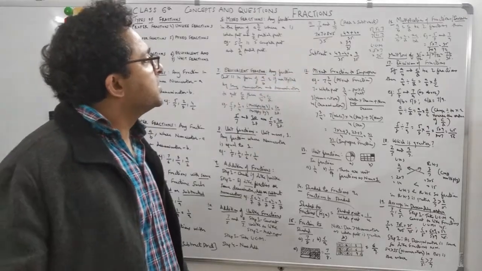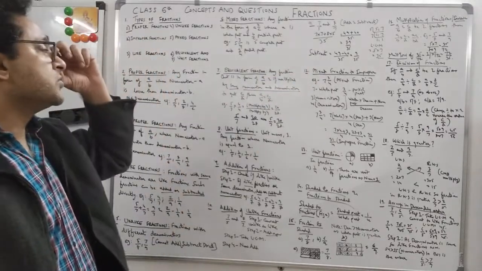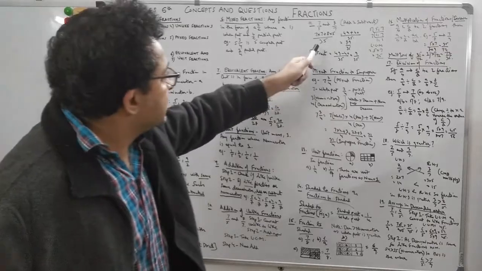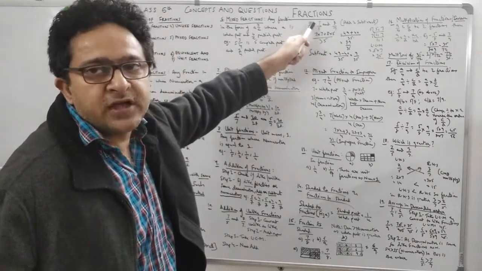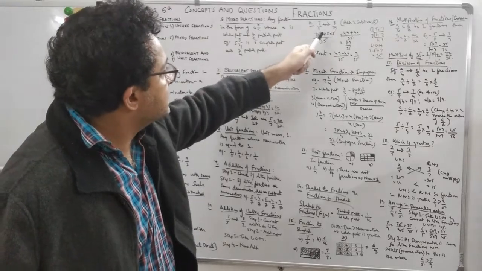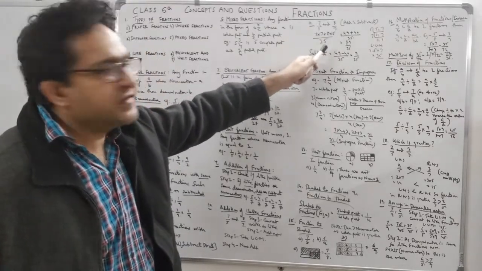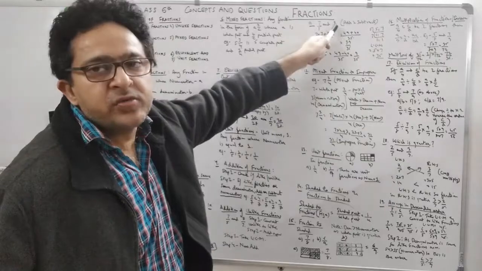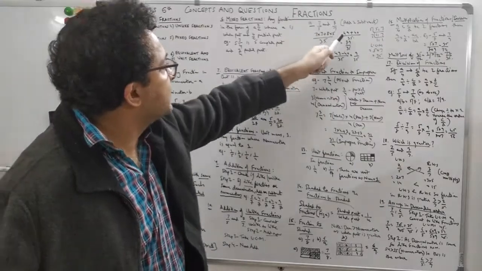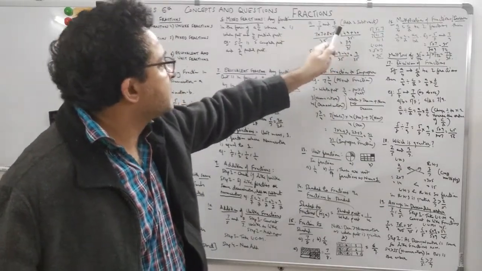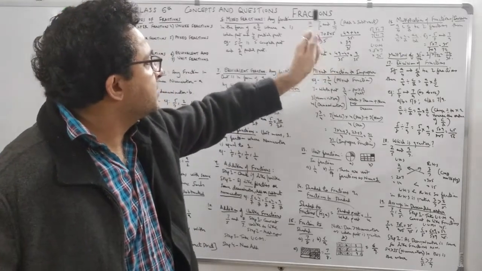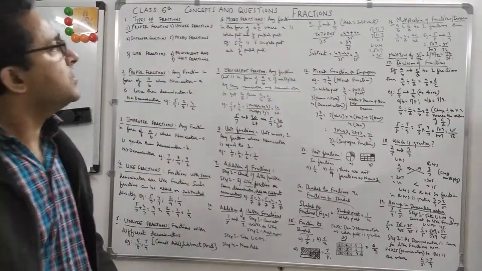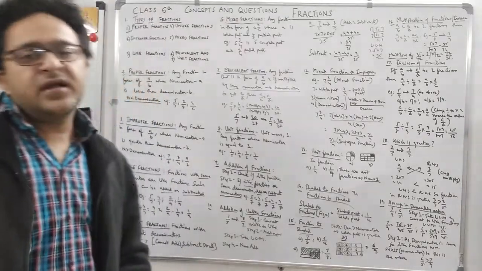Whatever you do in the denominator to get the LCM, to get the number, so to get 35 you are multiplying 5 by 7. The same thing you have to do in the numerator as well. 7 into 7. Then plus 8 into 5 is 40. So you get 49 plus 40 upon 35. 7 into 7 is 49 and 8 into 5 is 40. So you get 89 by 35. This is the answer for adding the unlike fractions.